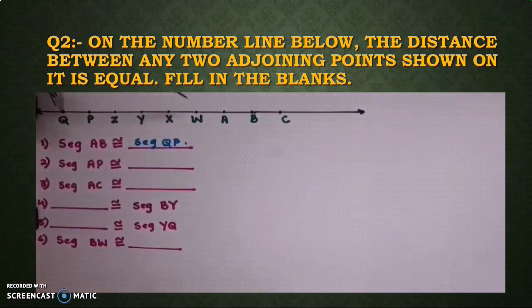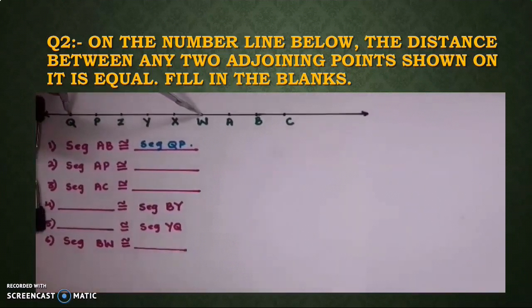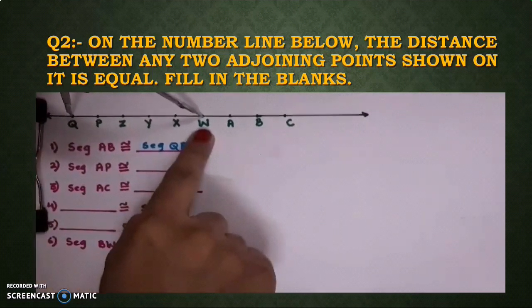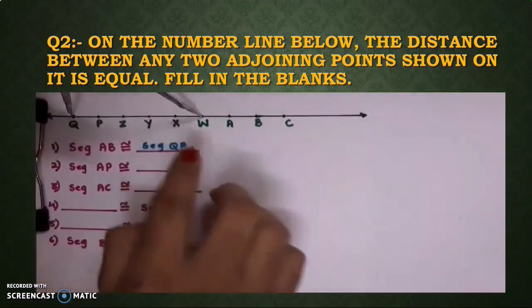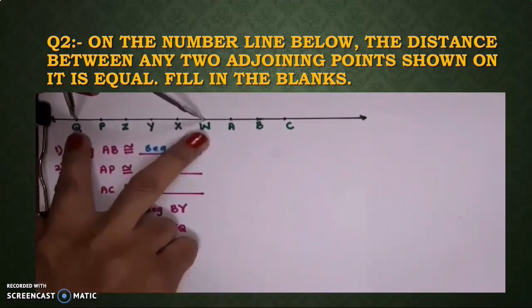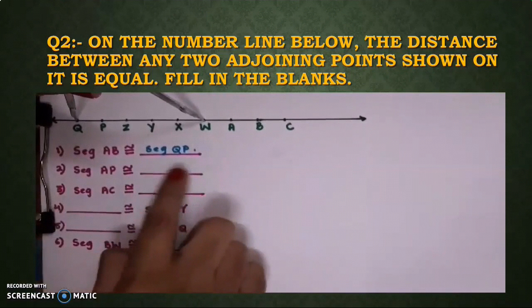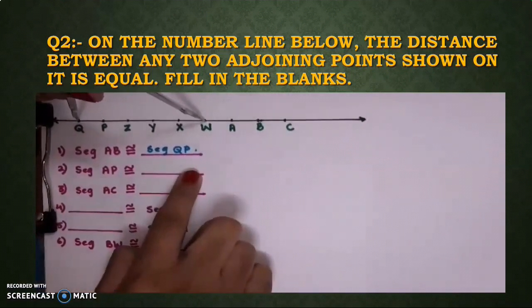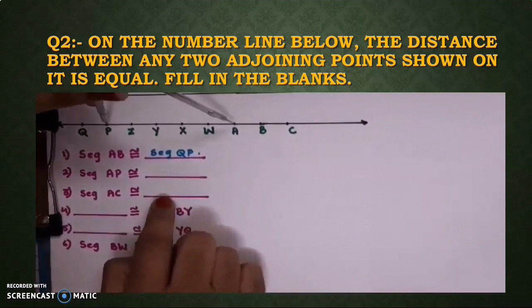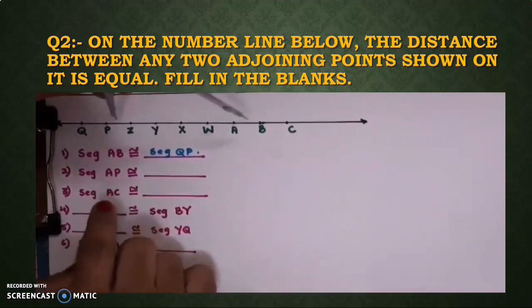We will first keep it on Q and we will see which name we are getting. So my starting point of divider is on Q and next point is on W. Means whatever length is of AP, same length is of QW. So we can write segment QW also, but for your better understanding, let us see what other names we are getting. PA is the question only.